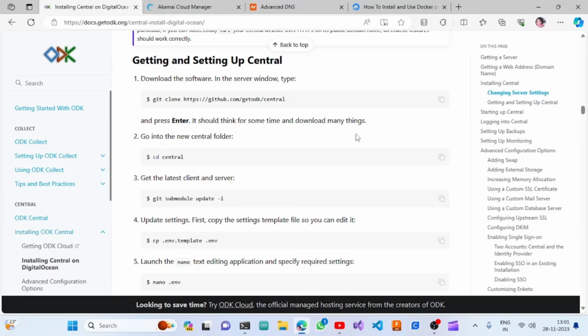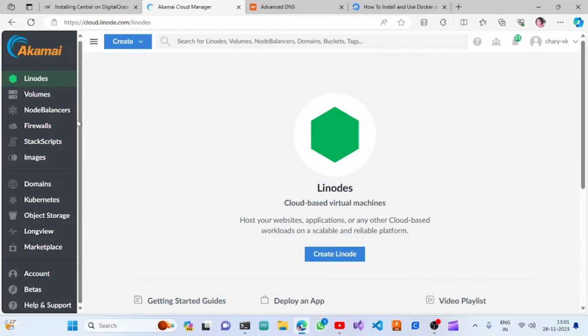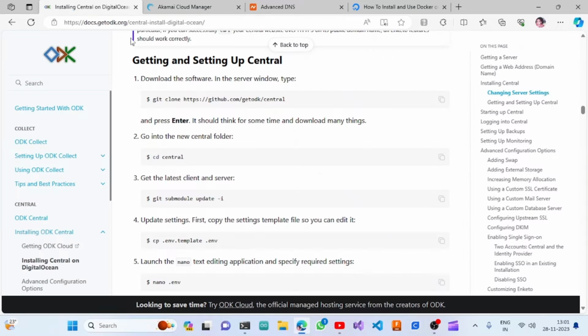So we will see how we can install this one, and we are going to use the Linode platform to get the Linux instance. This is the platform where we can create Linux CentOS servers and manage all these things. So first of all, this is the ODK Central